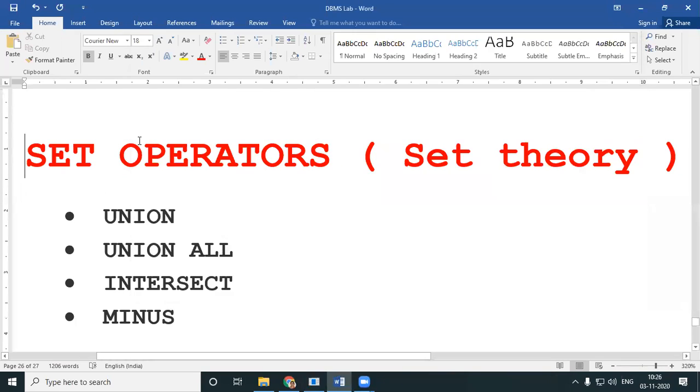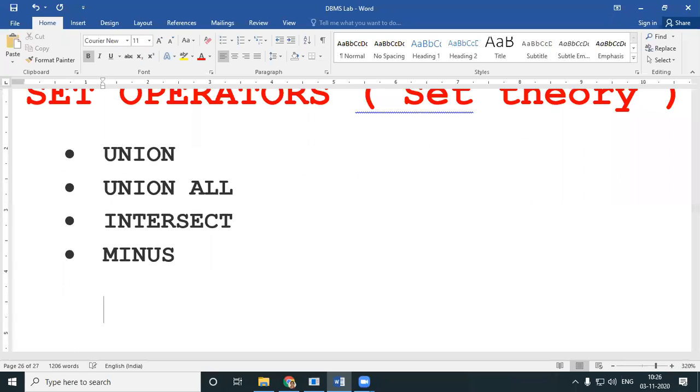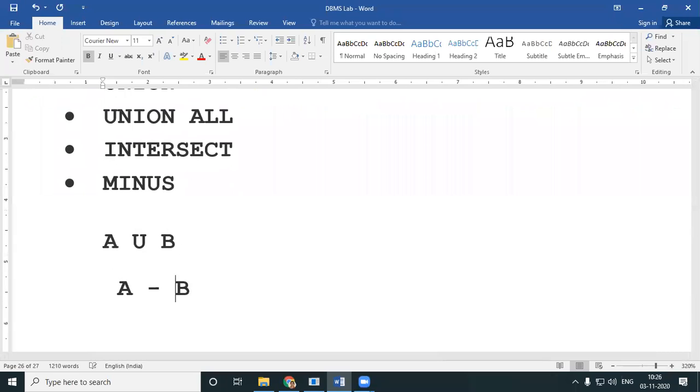Now, when you look into your set operators, we normally do set operators like A union B, or A intersect B, or A minus B. You will be needing two components, a component called A and a component called B. This particular set can be a table.